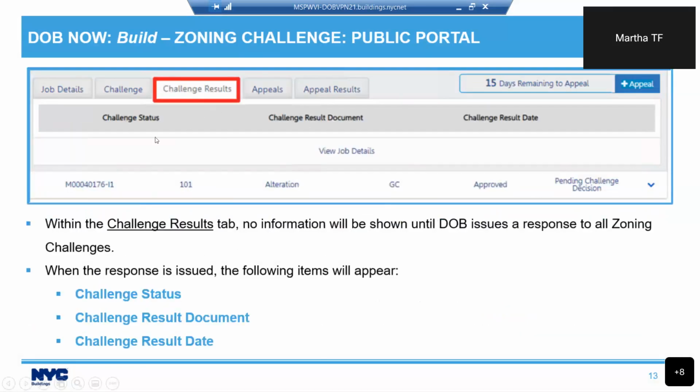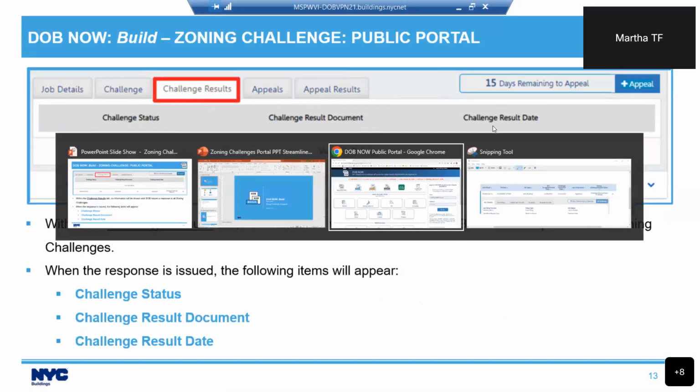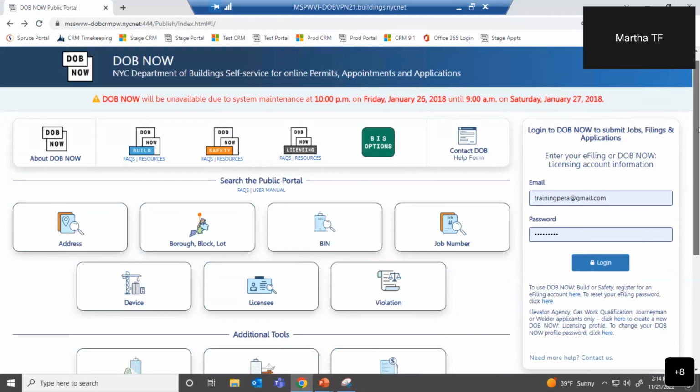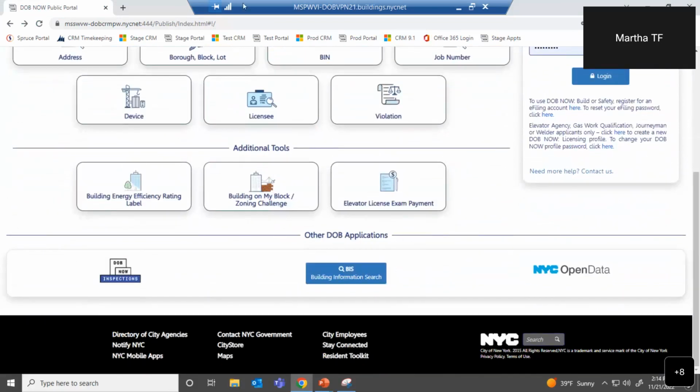Now, again, in the challenge results, no information is going to be shown until DOB issues a response to all of the challenges. But when the response is issued, you will see the challenge status, the challenge result document, and the challenge result date. So let me show you in the system what it looks like when you are searching for and submitting a challenge. So I'm going to scroll down,